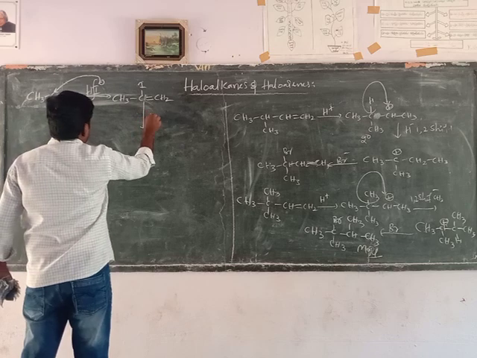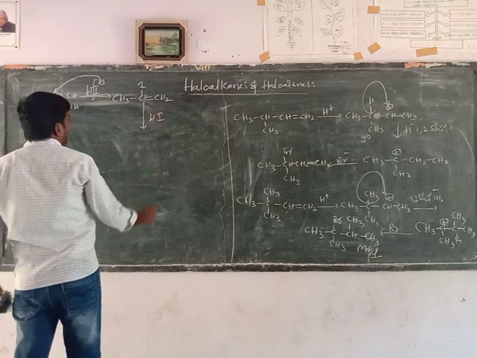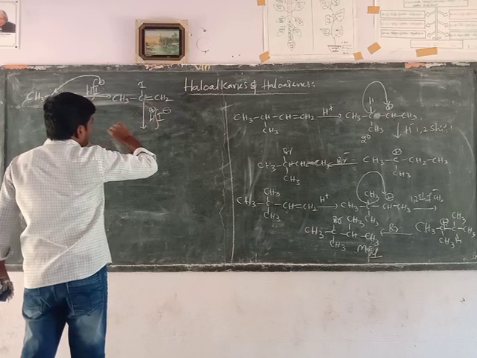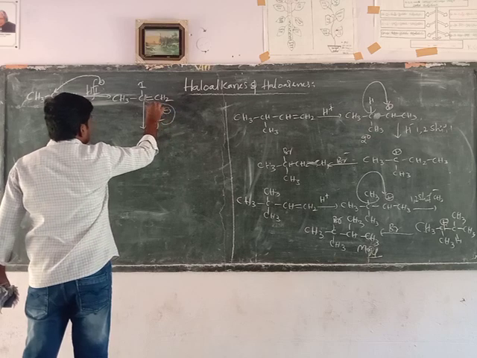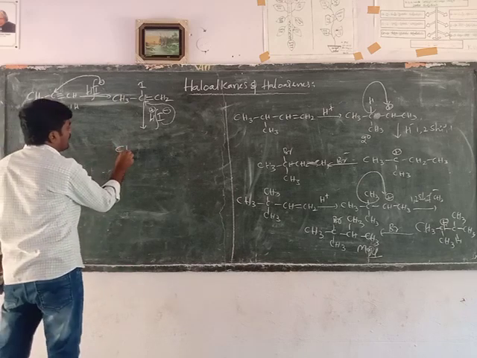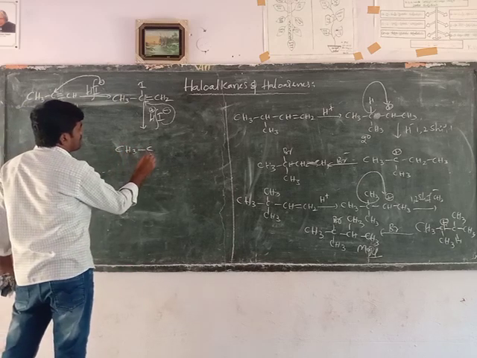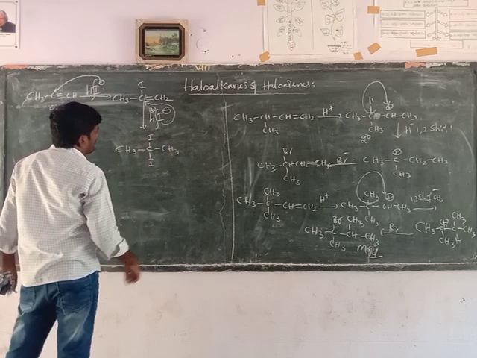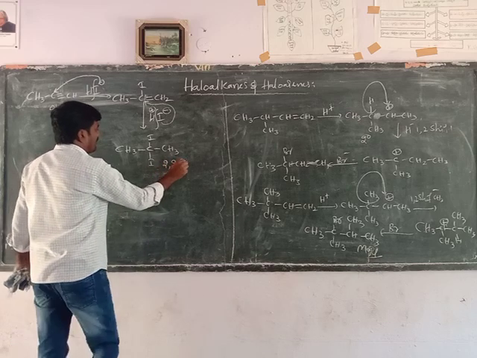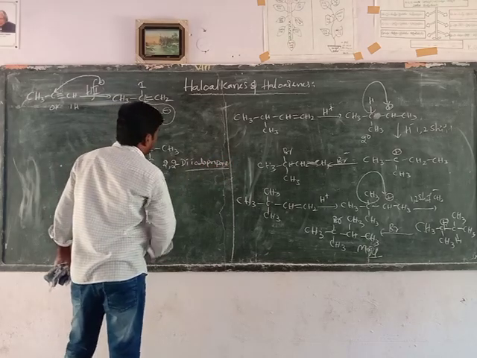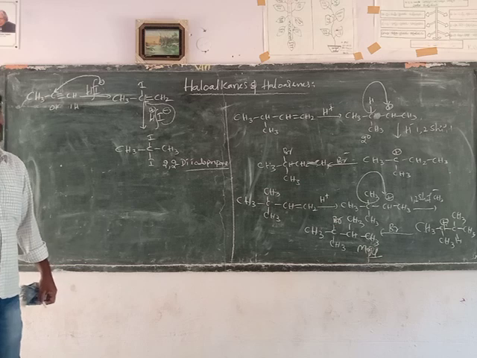Initially, this again reacts with hydroiodic acid. There is a negative part and a positive part of the attacking reagent. According to Markovnikov, the negative part of the attacking reagent attacks the multiple bond carbon with fewer hydrogen atoms to form the major product. Means 2,2-diiodopropane will form. Diiodopropane is the major product according to Markovnikov addition across the triple bond carbon.